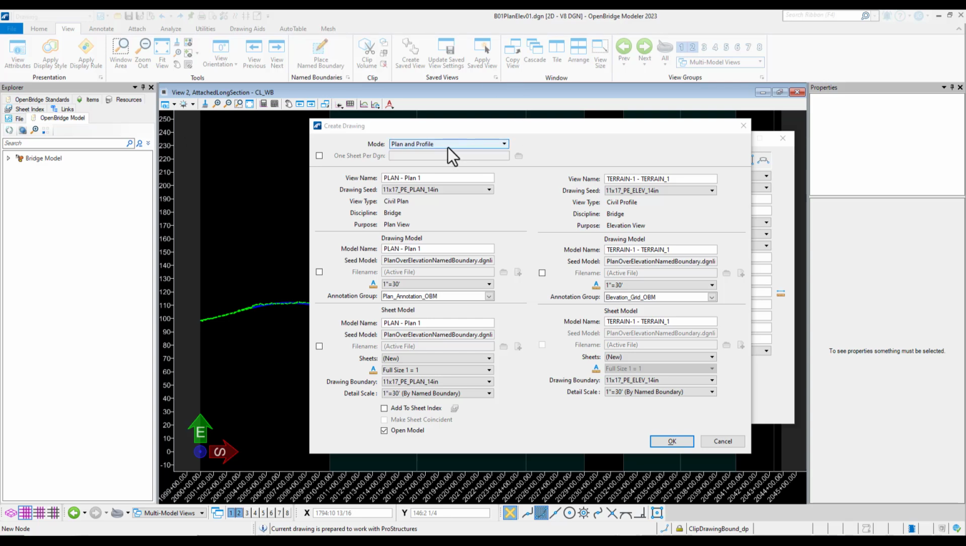So the mode is going to be if we want to do both of the plan and elevation at the same time, or you could choose different ones. If you just want to do the plan view, you can do that. Just profile, you can do that. Or if you want to do them separately, you can do alternating. We're going to take care of them both at the same time. Next, we're going to update our